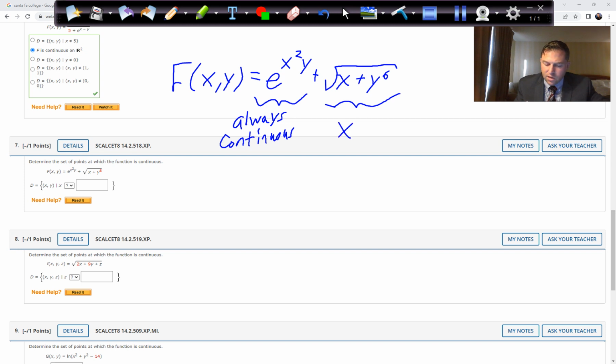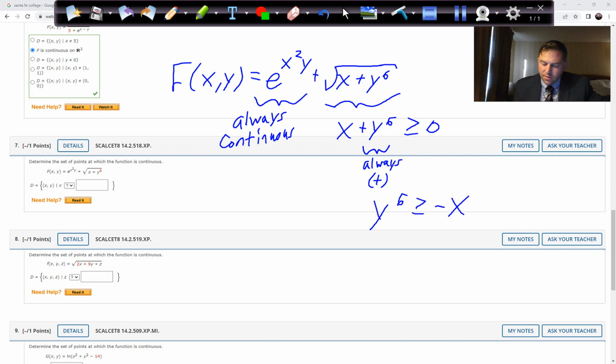This is continuous as long as x plus y to the 6th is greater than or equal to 0. So as long as that is true, this function will be continuous. So y to the 6th power is always positive. Okay, so with that even power, even negative numbers will become positive. So the only way this could become negative is if x is a negative value larger than y to the 6th. So this only runs into a problem